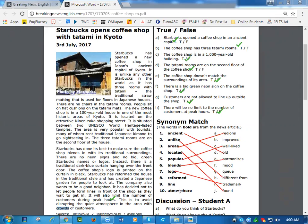Reform. Improved. Perfect. Line, cue. Atmosphere, mood. All right. So you didn't have any difficulty with those. Excellent. Now let's go to